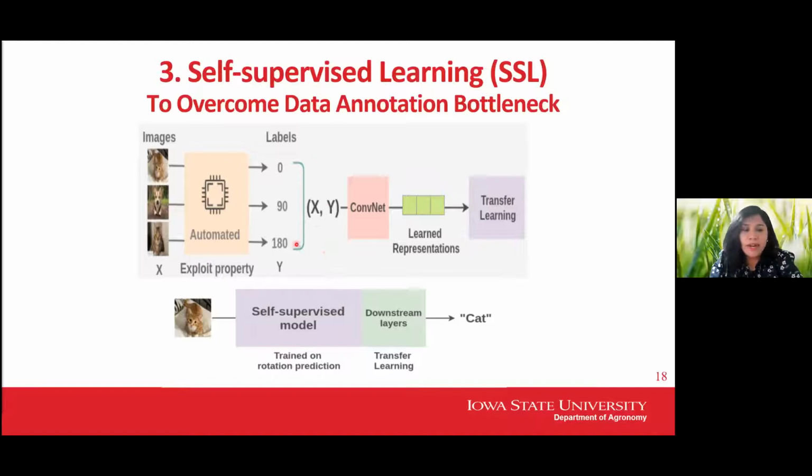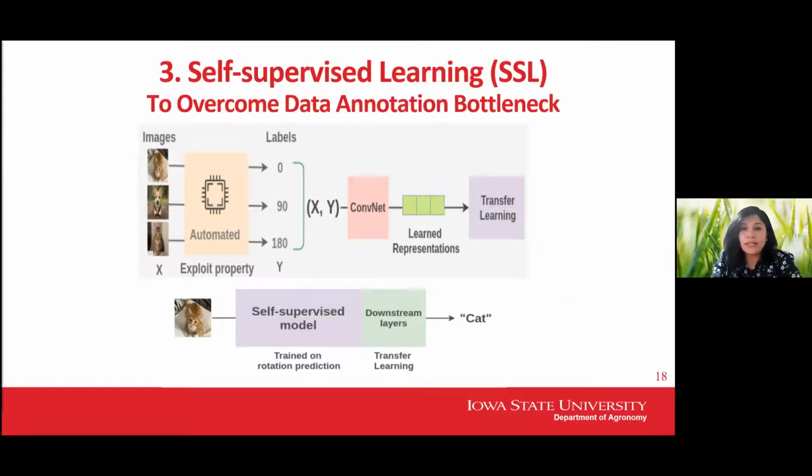And in the pre-training step, the machine learning model is trying to learn these various angles. When it is trying to learn various rotations, it is learning the underlying representation of these images. And this learned representation is then transferred to a next step, where we are using fewer images of a cat or a dog and classifying them into final